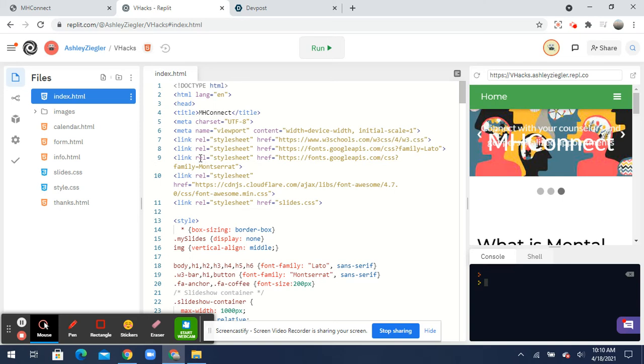As you can see in our project, we have 5 main web pages: the main page, calendar, form, the additional information page, and the things page. So most of our code is over here. There's almost none over here. Okay, so